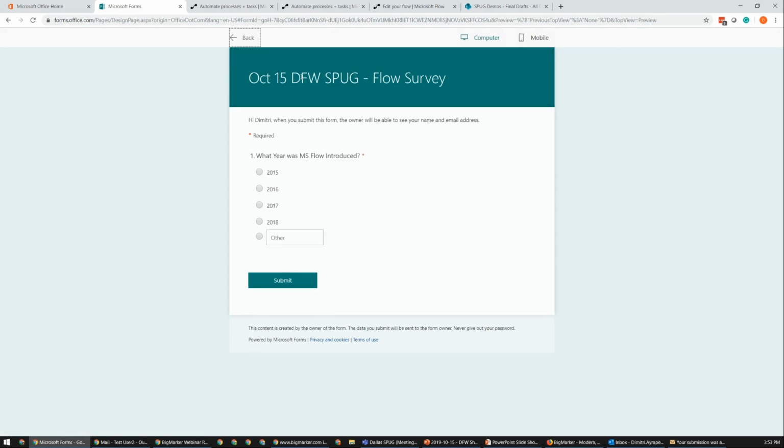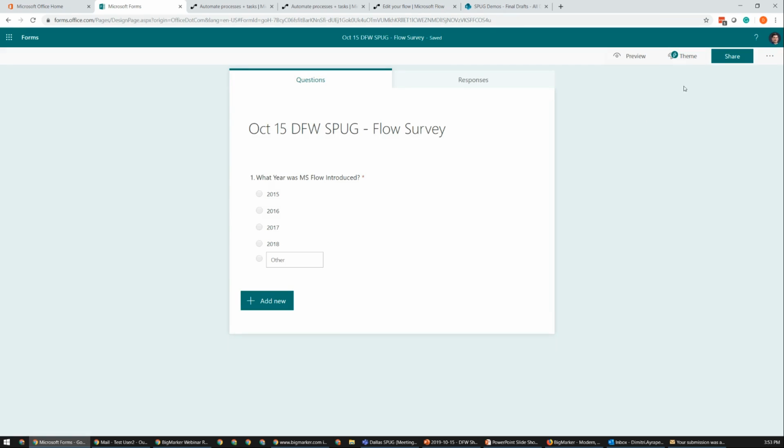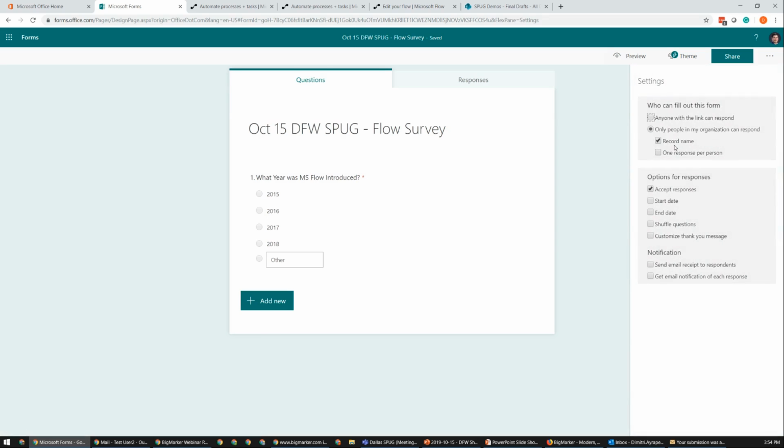One of the great things about the survey tool here with Microsoft Forms is that you don't actually have to save your form. As you make changes, it is essentially reflected within your version of the item. So this is what this will look like. We're going to click back, and we're going to decide to start using this form. We do have a few more options, actually, that we might want to select. If we go into settings, we can make this anonymous, in which case we won't be able to record who has responded. But this might be good if you're doing customer satisfaction surveys and things where you want people to be less cautious with their responses.